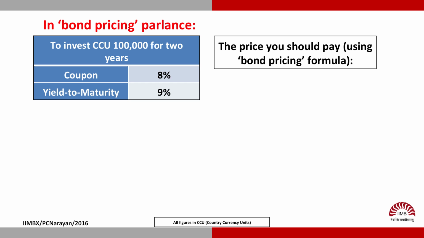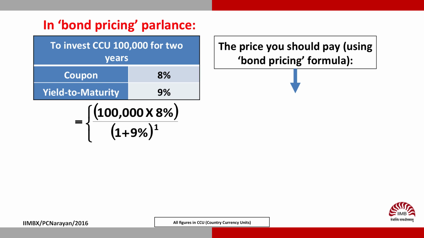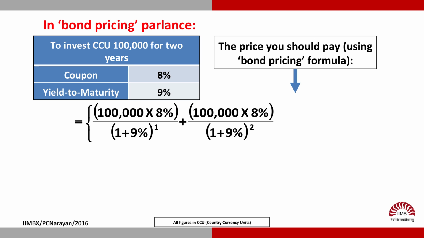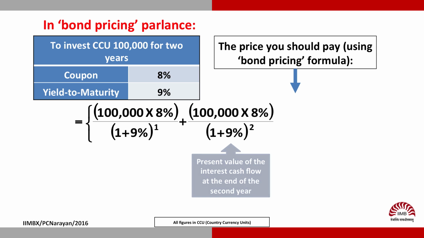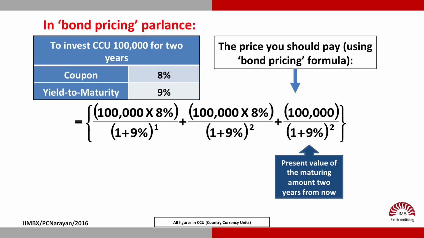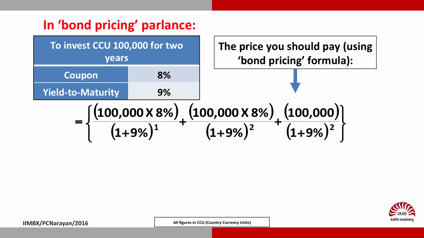the time value of money that you have learnt earlier will be 100,000 into 8% divided by 1 plus 9% to the power of 1, which is the present value of the interest cash flow at the end of the first year, plus 100,000 into 8% divided by 1 plus 9% to the power of 2, which is the present value of the interest payment at the end of the second year, plus 100,000 divided by 1 plus 9% to the power of 2, which is the present value of the maturing amount 2 years from now. The present value so computed works out to